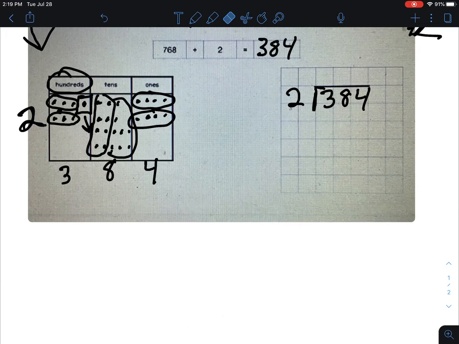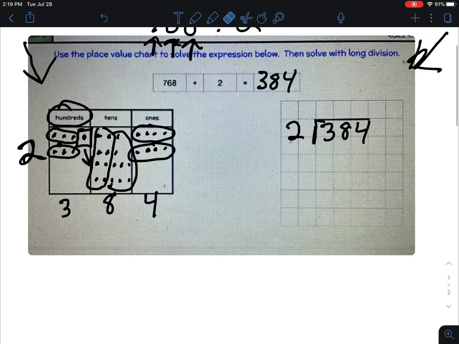Now I'm going to review one more time how to use the algorithm, and I'm going to give you a problem to see if you can solve it using the algorithm. All right, so review again, back to the first problem I showed you. When you're dividing using the algorithm, it's 1 digit at a time. How many times does 2 go into the 3? It goes in once,